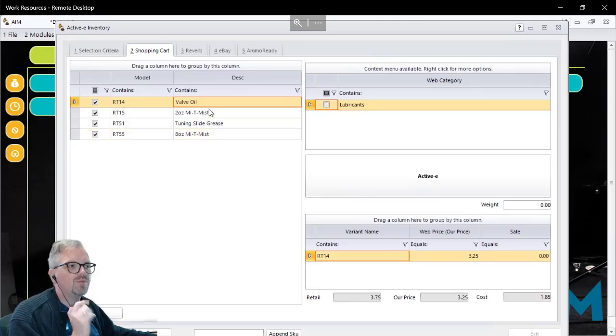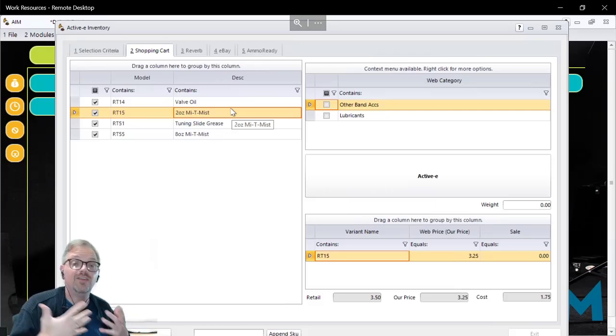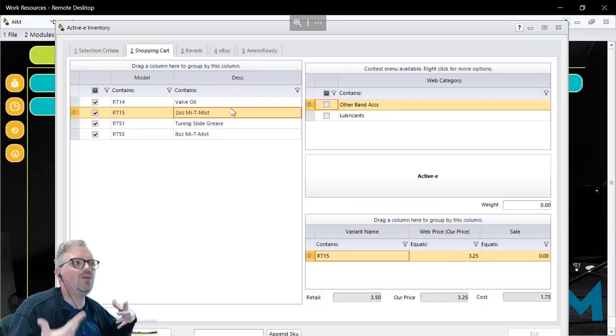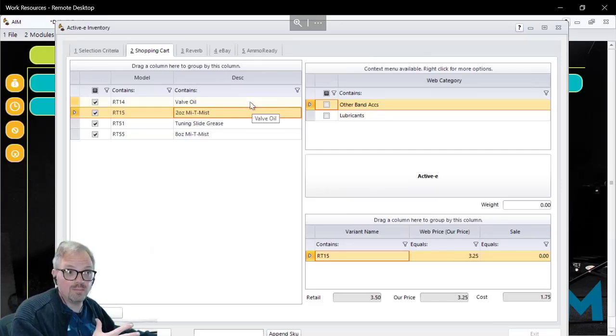When I do that, it unselects that from the first one, but you'll notice now all the other ones have that lubricants category. So basically it adds all of the web categories that you've selected to every product without you having to do it individually. This can be a huge time saver, and any function regarding your settings here can be done in that multiplicity